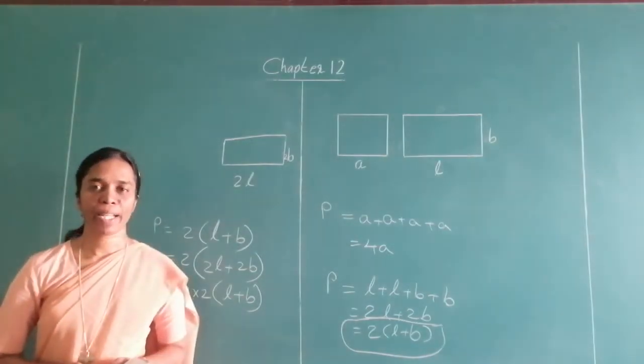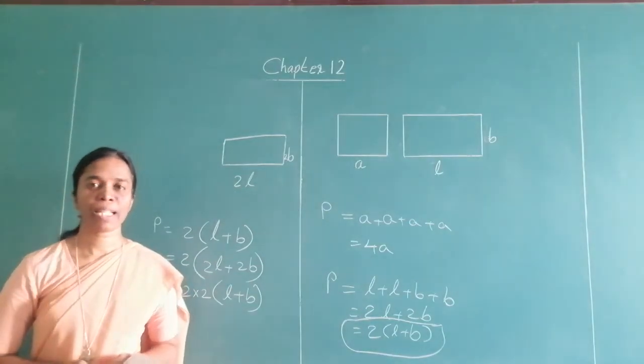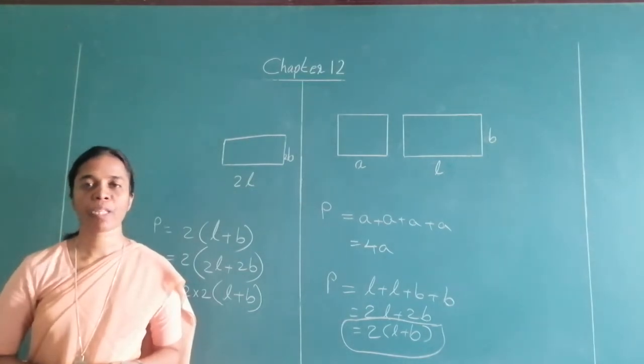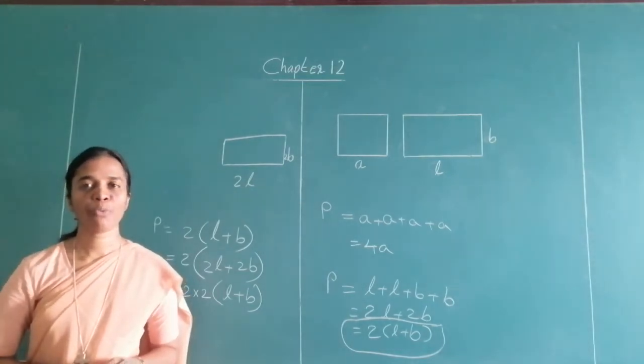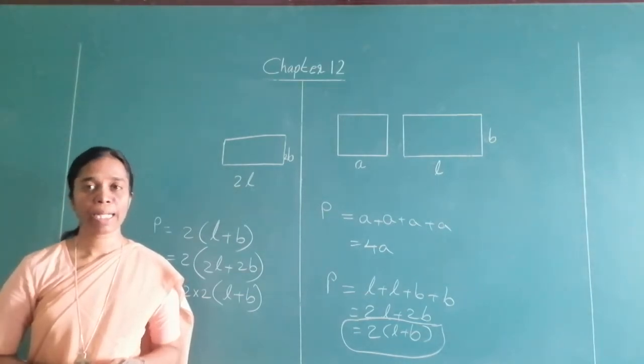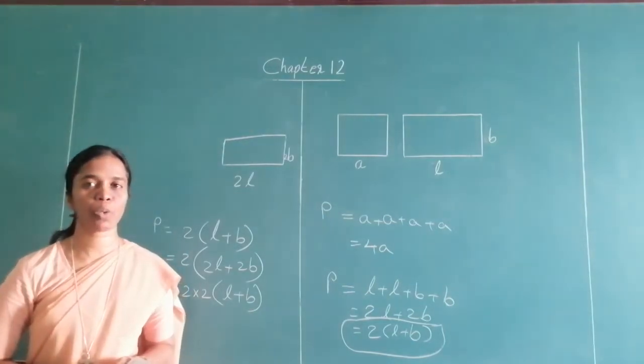Perimeter of a rectangle with doubled length and breadth equal to